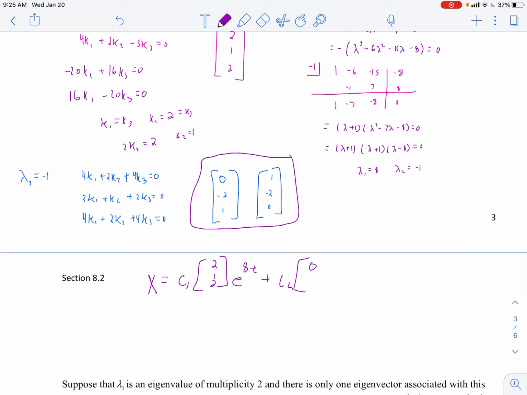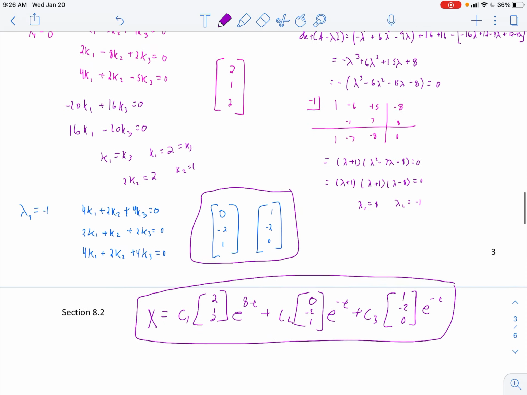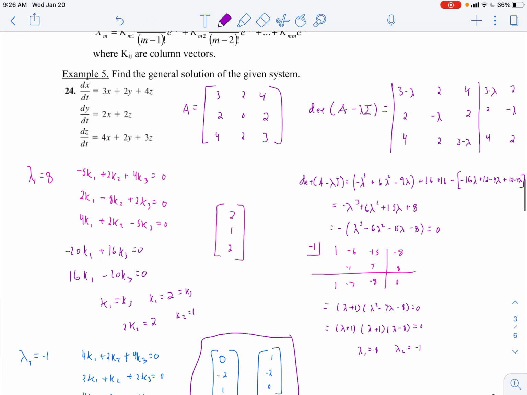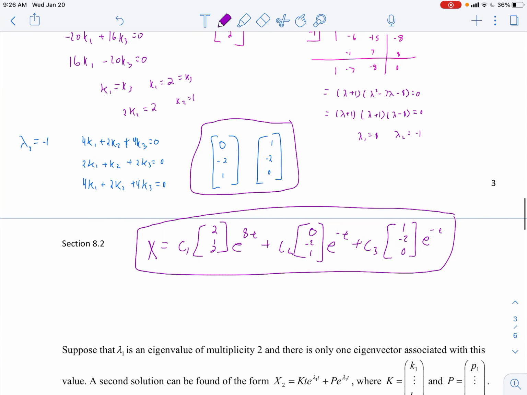So plus C sub 2, we'll do 0, negative 2, 1, and then we have e to the negative t, plus C sub 3 times the eigenvector 1, negative 2, 0, e to the negative t. And then there's our solution to that. Alright, again, it's going to take some work to do, but hopefully it's not too bad, because again, a lot of it's just algebra, and we're just using matrix algebra to help us solve for a lot of